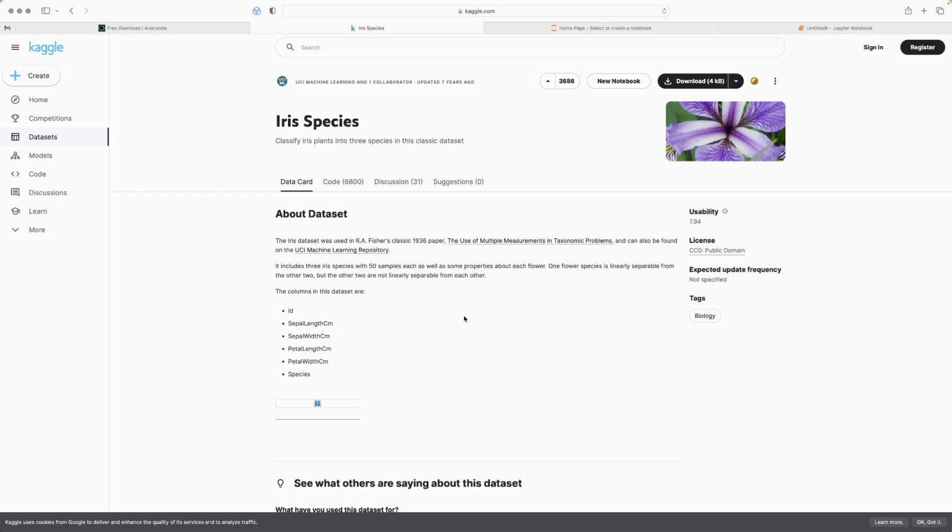So this Iris dataset was actually used in R.A. Fisher's classic 1936 paper. Just imagine, it is that old, right? And it is also found on the UCI machine learning repository. So what is it? It is a set of features, like sepal length in centimeters, sepal